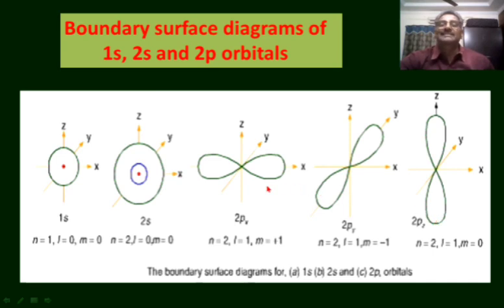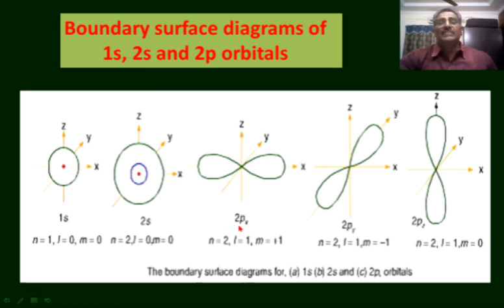For convenience, we named them as px, py and pz orbitals. Actually, the electron doesn't know x, y and z. But you have to understand that these three p orbitals are mutually perpendicular to each other. If one of these orbitals is resolved to the direction of the x-axis, the other mutually perpendicular orbitals will be in the directions of the y-axis and z-axis. So they are represented by px orbital, py orbital and pz orbital.